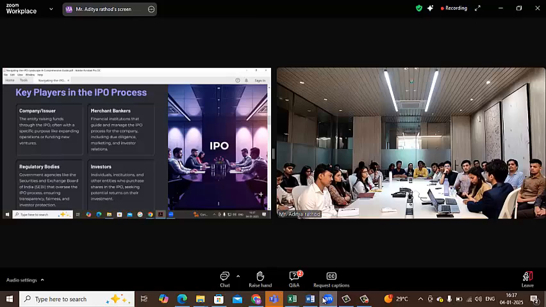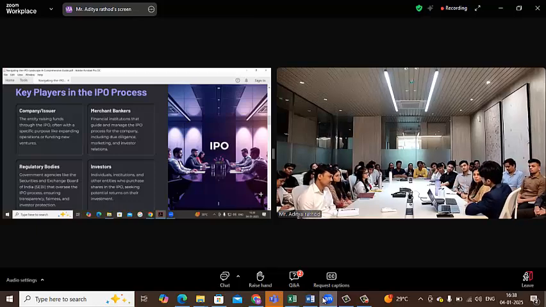So in main board IPO, to say in short, there are very strict guidelines, very strict regulations, and a lot of disclosure requirements. Whereas SME IPO is for small and medium enterprises, so the eligibility requirements to offer an IPO are lesser. There are some places where SEBI has given exemptions. These are the things that main board IPOs need to disclose, and these are things that SME IPOs are good to go without, right?